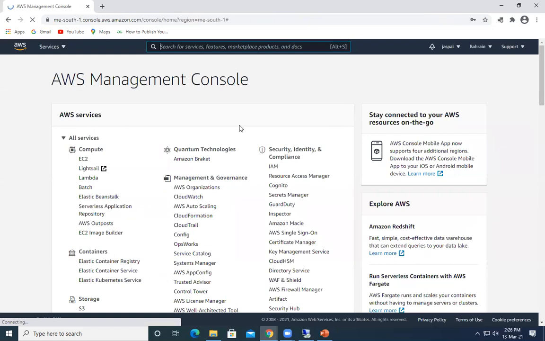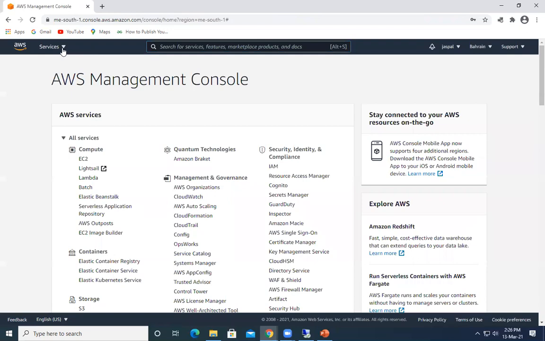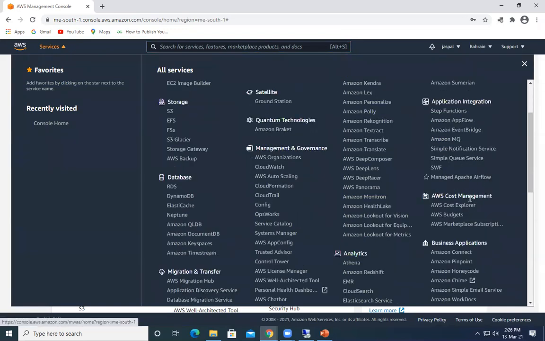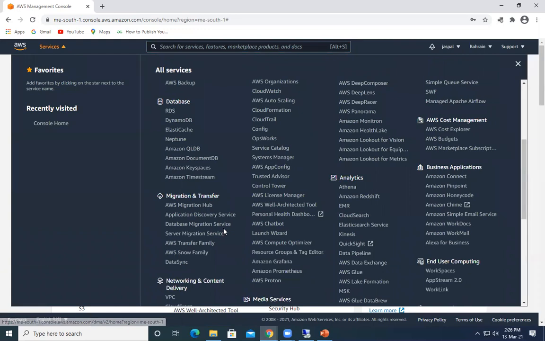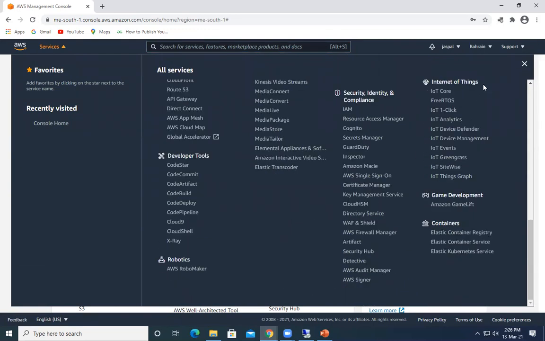Once we log in, you can see there is a whole bunch of services provided by AWS, whether it's compute, storage, database, machine learning, AR, VR, satellite, blockchain, cost management, business applications, migration and transfer, networking and content delivery, security, IoT, game development, and robotics.